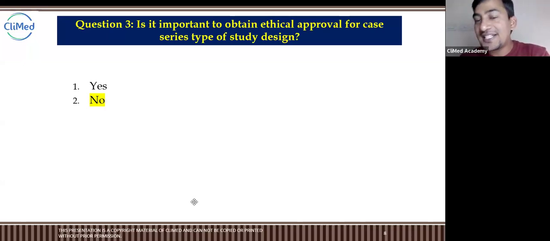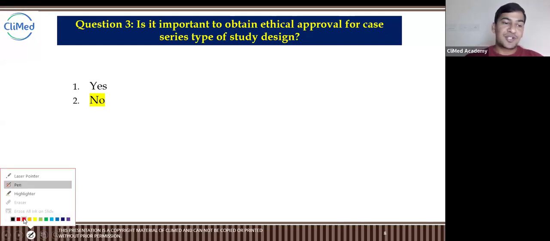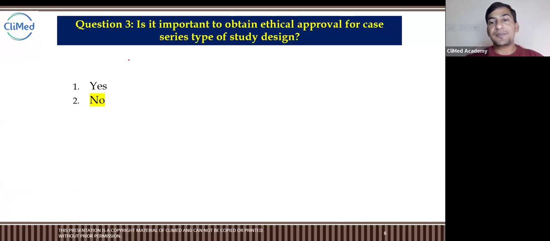See, there is a specific class on ethical approvals, but still, let me explain this here. There are multiple types of study designs, right? The simplest is case report. Number two is case report or case series. I will write case series here only. Then case control or cohort,